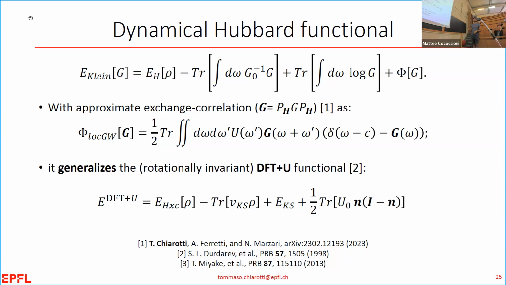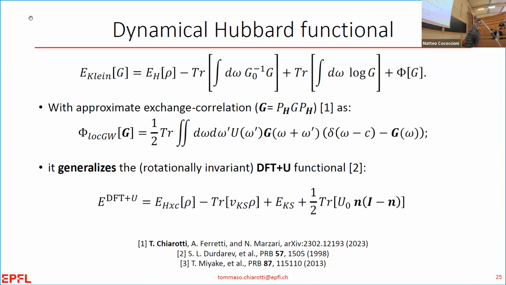And the point is that, let's try to break this down. So U here, I didn't tell you what it is, it's just a parameter here. It will be the screening anyway. So what happens if U is frequency independent? If U is static, this goes out of the integral. And you do first the omega prime integral, and this becomes N, right? Then you do the omega integral, this becomes 1. And you do the omega integral again, this becomes n.